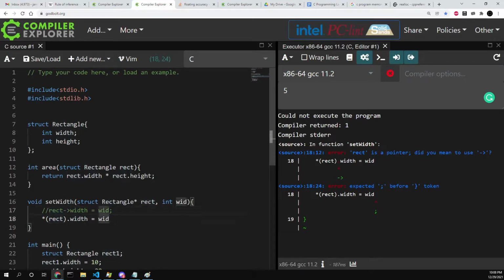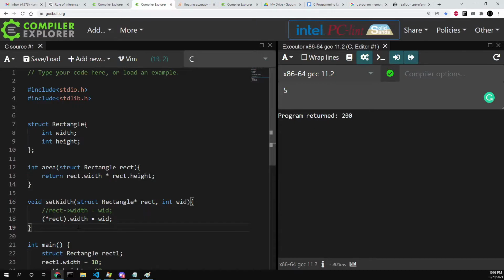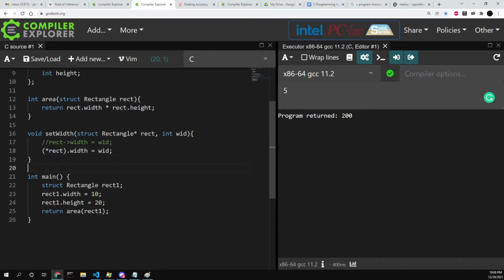So they're mad at me because that's... What are they mad about? Rect is a pointer. Did you mean to use... No, I did not, because I deallocated first. I guess that they don't like my order of operations. There we go. Okay. So yeah, it's shorthand for